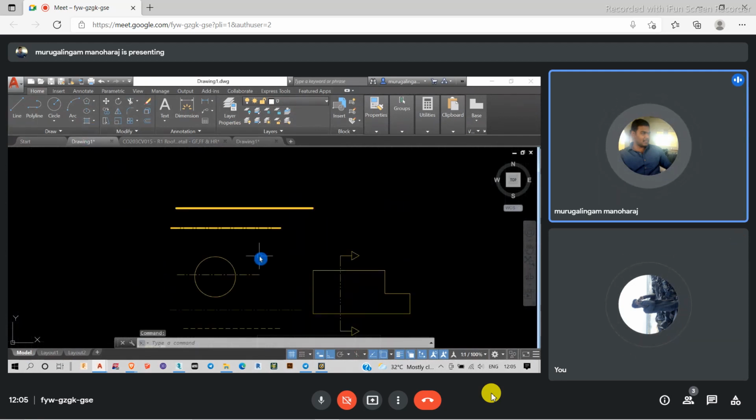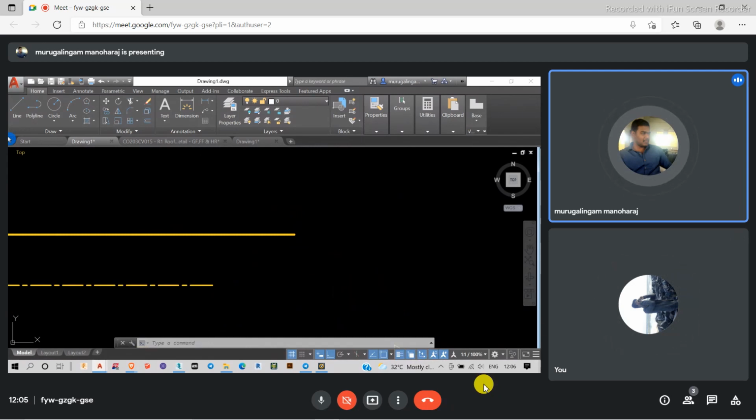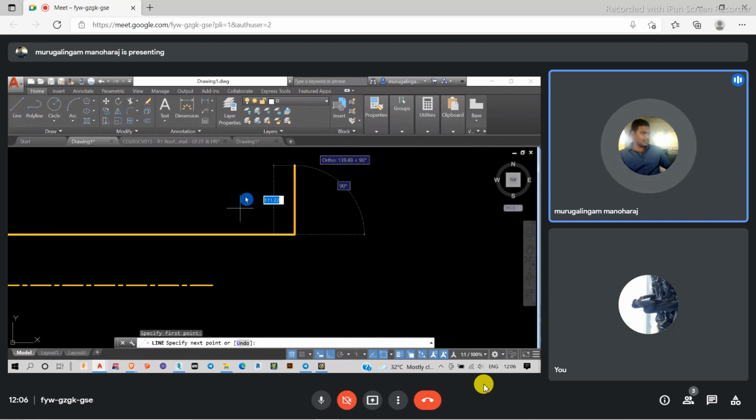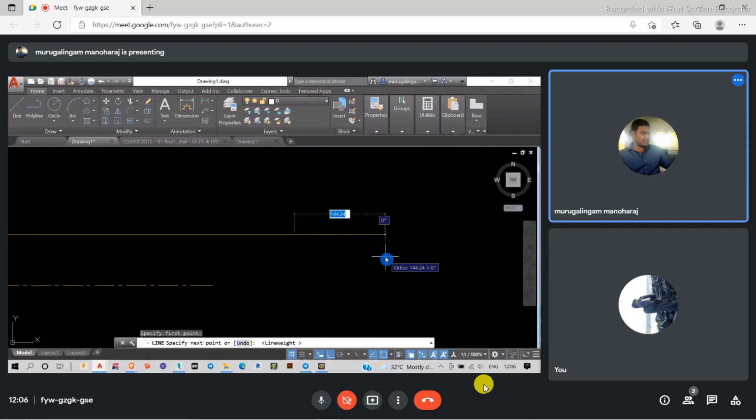In some cases, we will be adding line widths as per the company requirement. In other cases, just to look better on the paper when I am taking a printout, it has to look good, so I may add line widths. While working, we don't use line widths because it is tough to find the endpoints. So normally I don't use the line widths while drawing. After finishing the drawing, I will use the line widths, and at that time I will uncheck this.